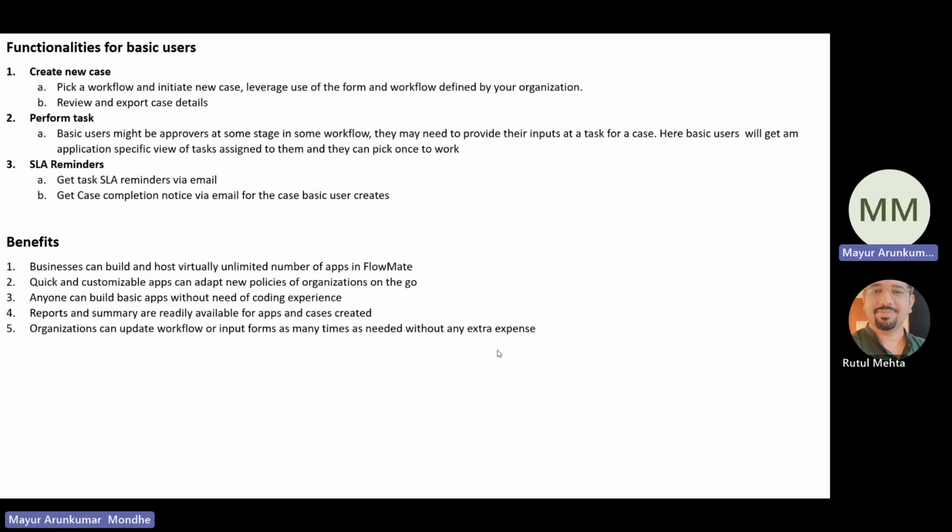The second thing is about performing a task. If any user has the lowest level of permission, they can at least perform the task. A basic user might be an approver at some stages in some workflows. They may need to provide their inputs at a task or a case. Here, the basic user will get an application-specific view of tasks assigned to them, and they can pick ones to work. And finally, SLA